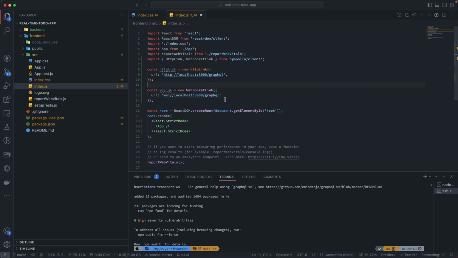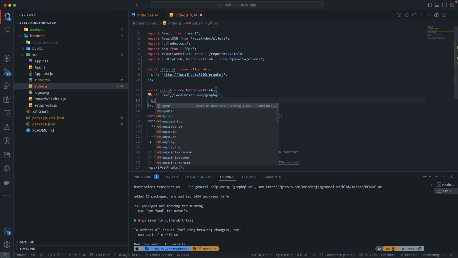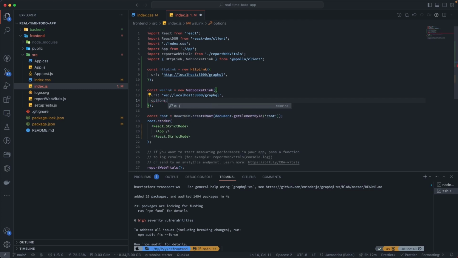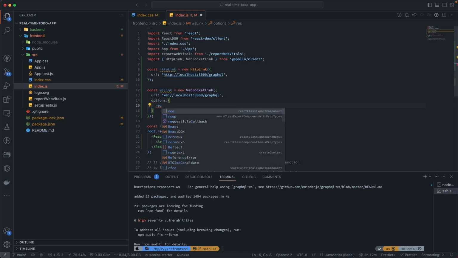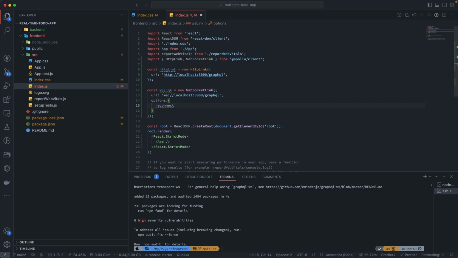And another thing, we have to pass the options. So options, reconnect: true. Okay,